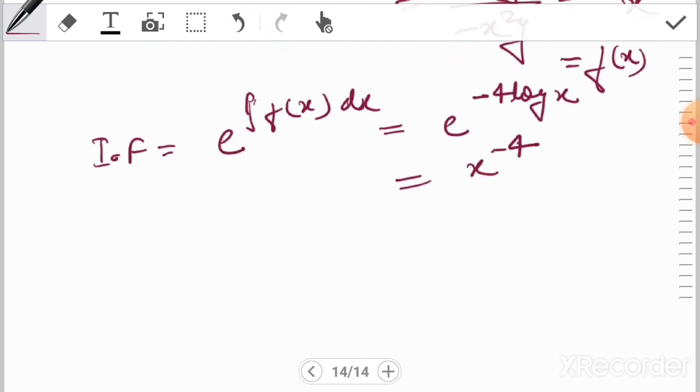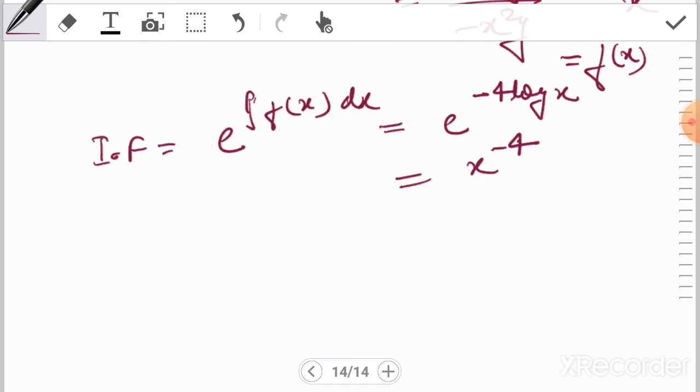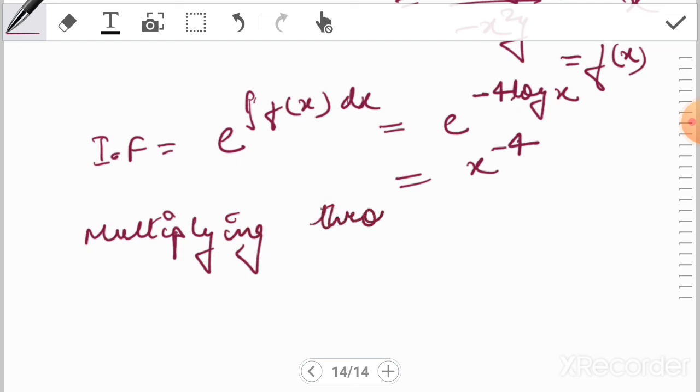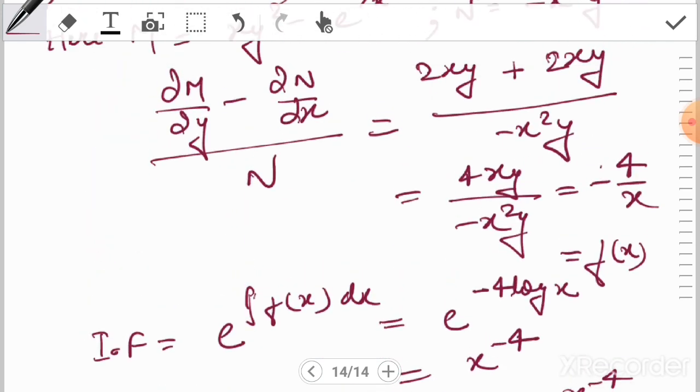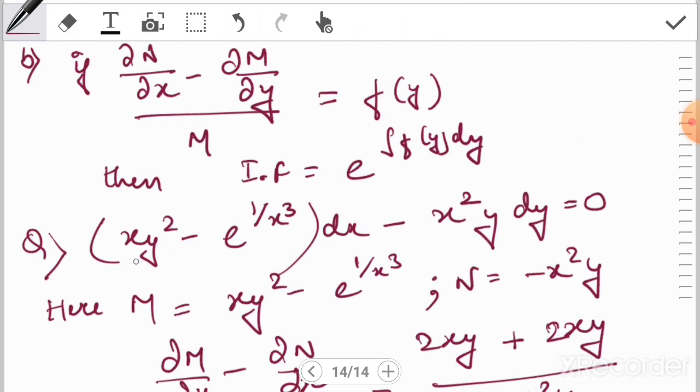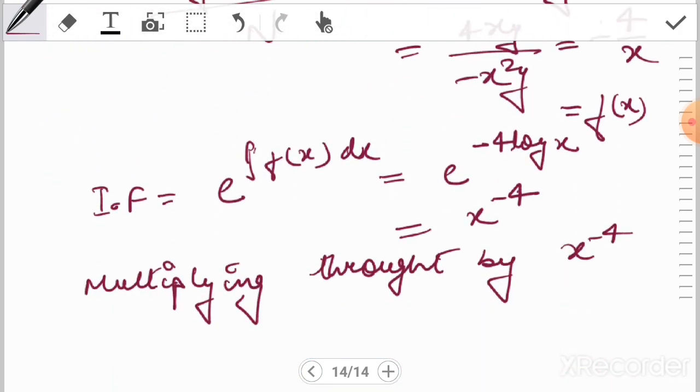Right, now multiplying throughout by x power minus 4, we have